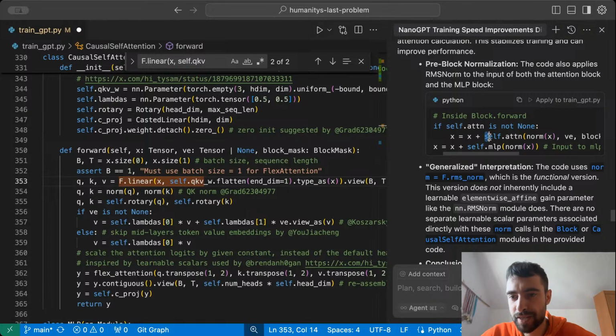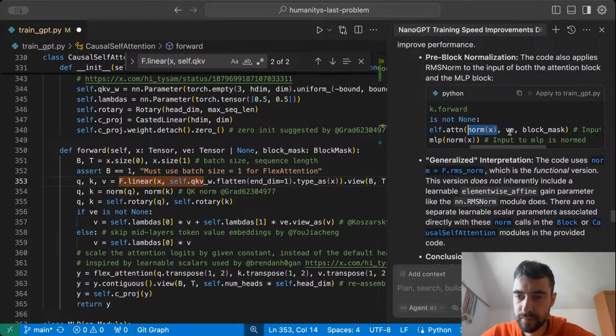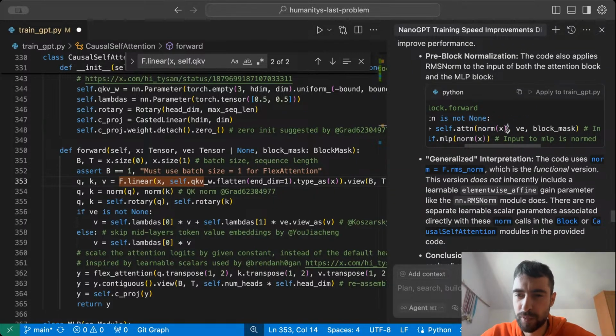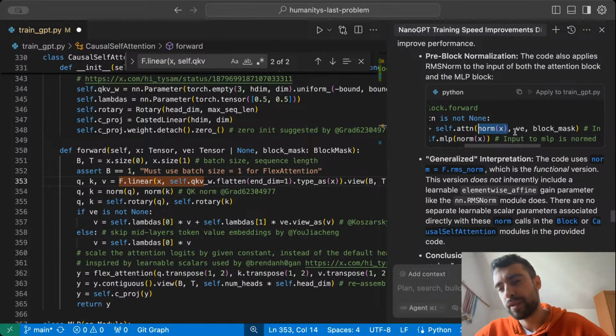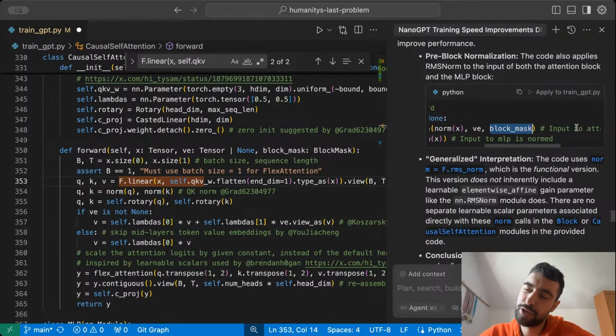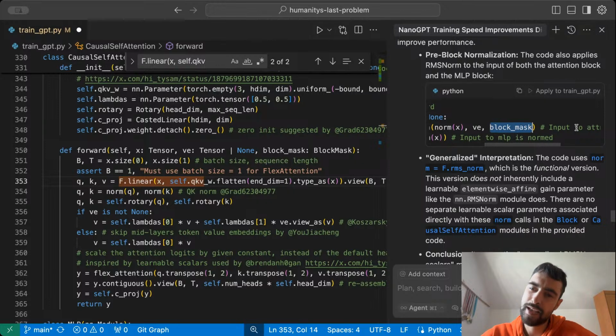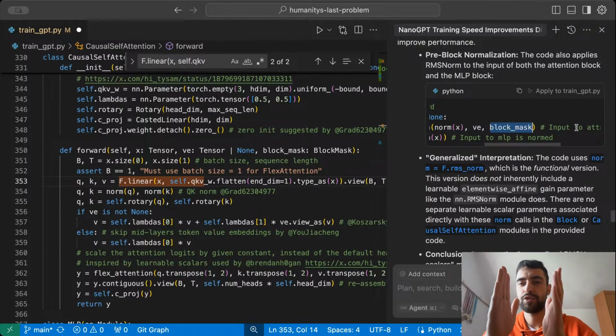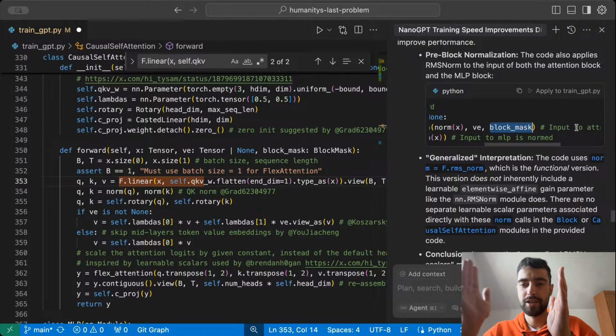Okay, and then you pass into self-attention, but first normalize. So in the self-attention, you pass in this normalized input, the RMS norm input, and this is value embeddings. This is a separate thing that you just add to every value vector. And block mask, this is because we are not using batches. I think we just concatenate every sequence into one big batch, and then you need block mask to mask all of the other sequences in that batch, except the